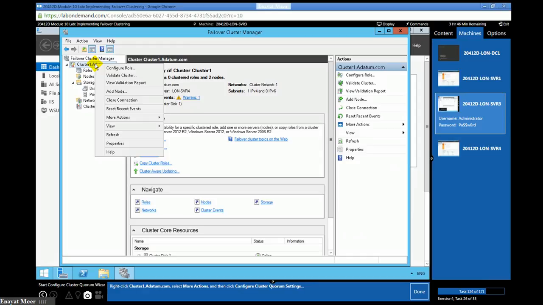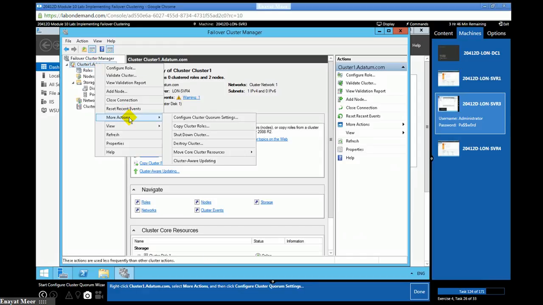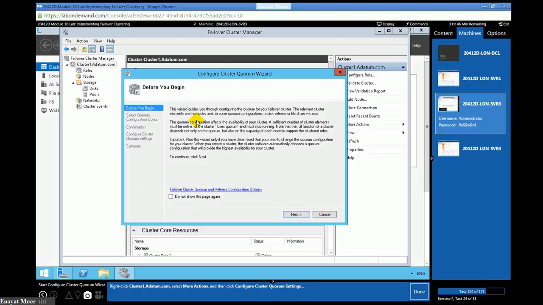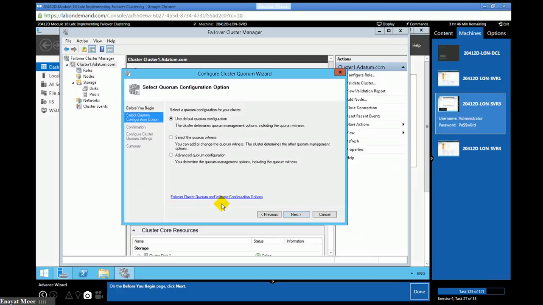You can either use the Action menu or you can use the context menu. So this is the context menu. You can now choose Configure Cluster Quorum, and you can always pause and read the options before you continue, to get more understanding.